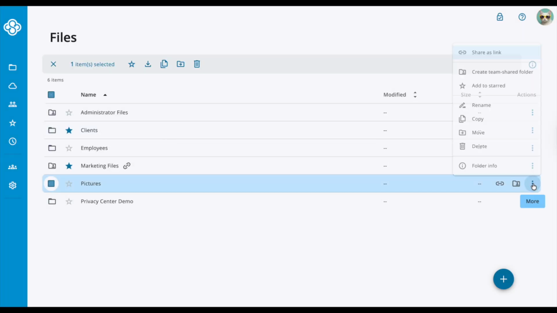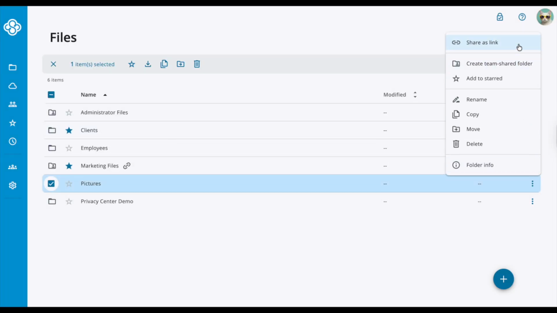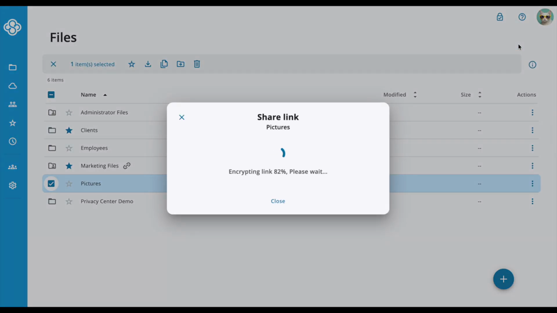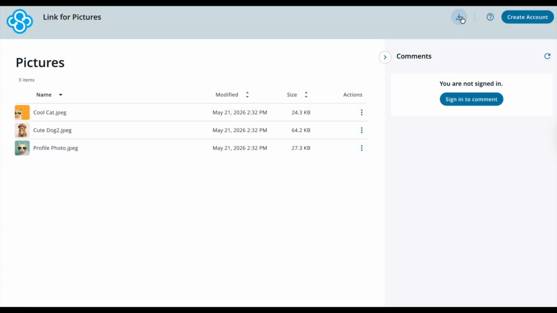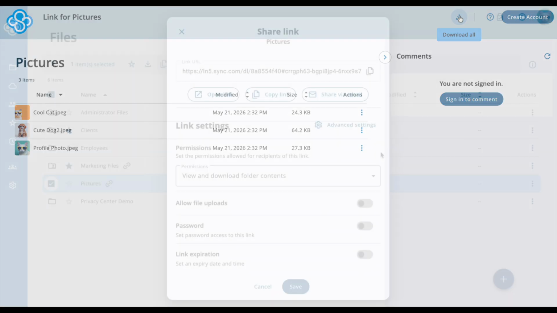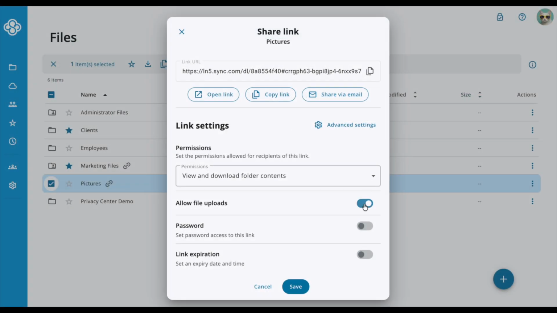You can also create a link for an entire folder, which will present some additional options for how it can be accessed, such as sharing multiple files at once so recipients can browse the folder contents and download everything as a single zip file, enable file uploads by switching on this toggle. When enabled, recipients can upload files directly into your folder, much like submitting through a file request. Hide file contents for privacy, and this is ideal for collecting sensitive documents such as resumes or signed contracts without